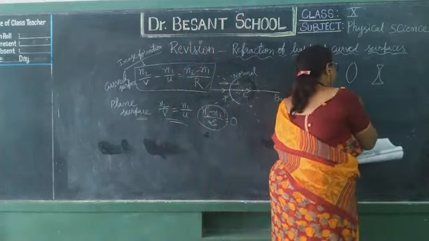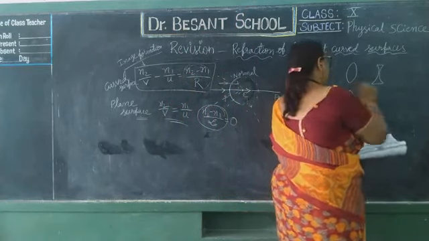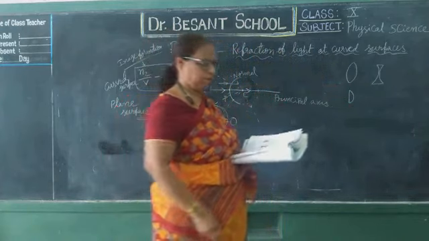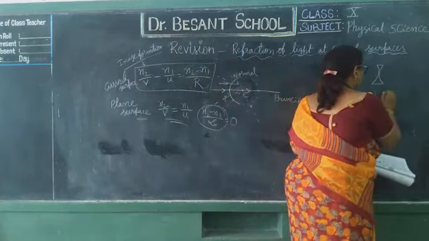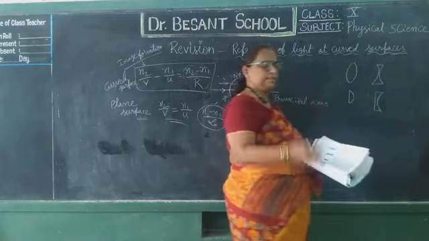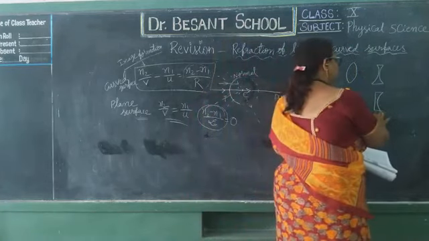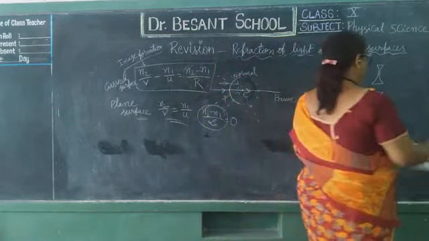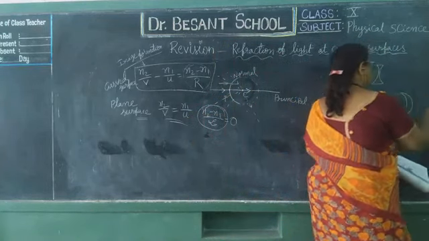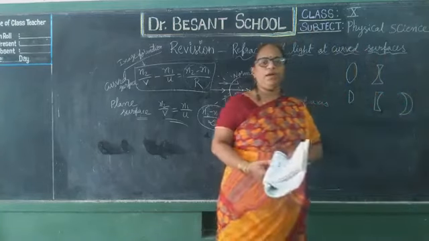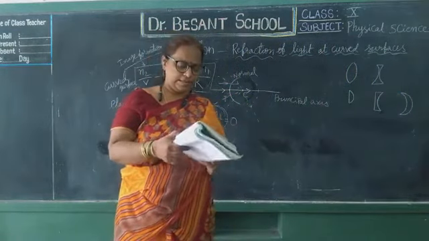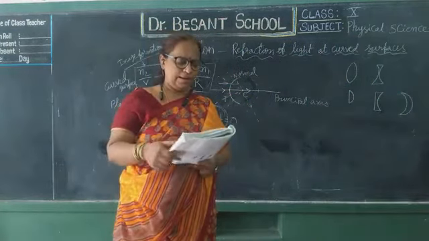And the next one is the plano-convex lens. One of the surfaces is plane and the second surface is convex. It is called a plano-convex lens, and the plano-concave lens. The first surface is plane and the second surface is concave. And the final one is the concavo-convex lens, like a half moon. In the concavo-convex lens, the first surface is concave and the second surface is convex. So these are some of the types of lens.